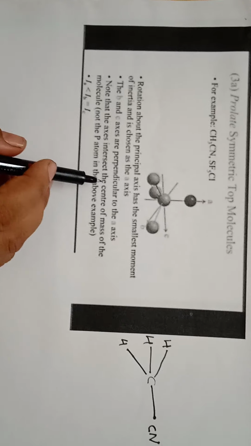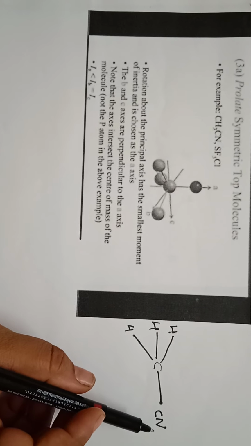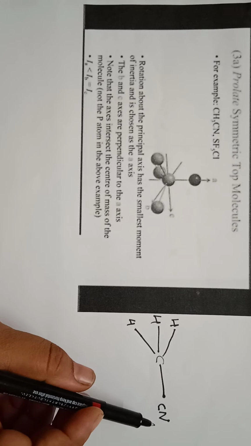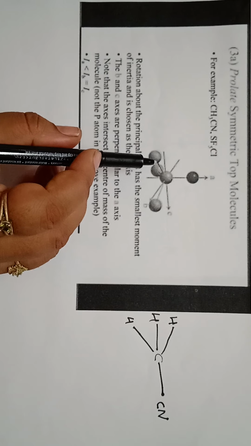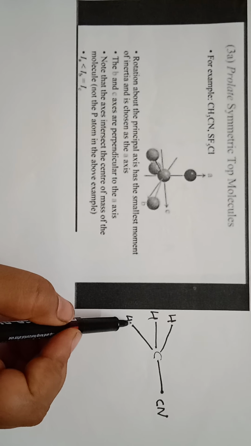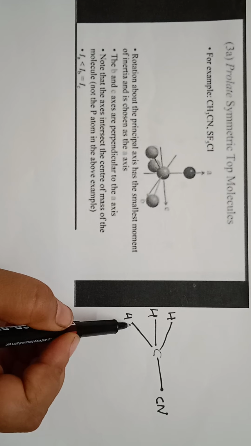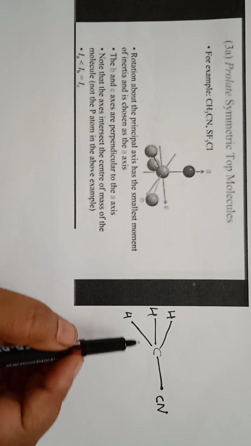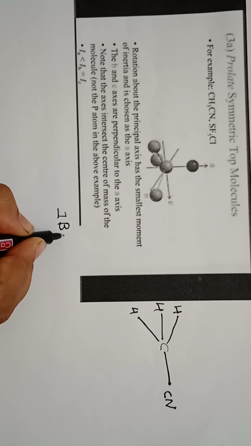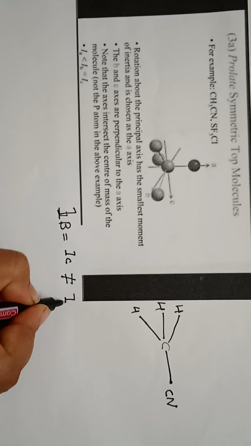The moment of inertia about the C-N bond axis is now not negligible, because it involves the rotation of three comparatively massive hydrogen atoms about the axis. Such a molecule spinning about the axis can be imagined as a top, and hence the name of the class, the symmetric top. IB is equal to IC but not equal to IA.